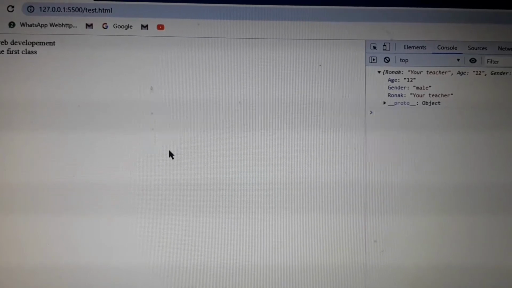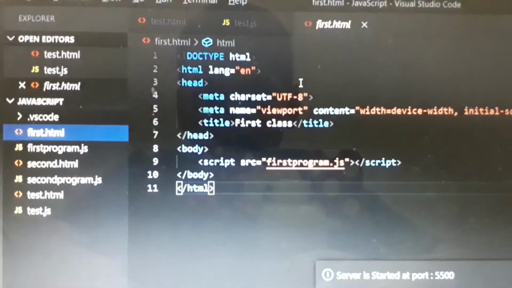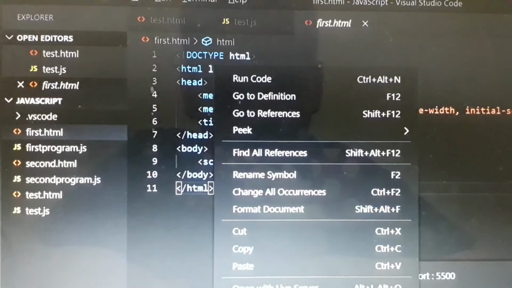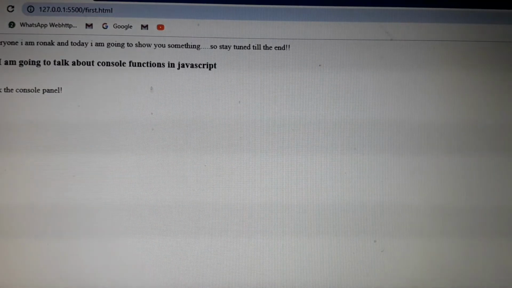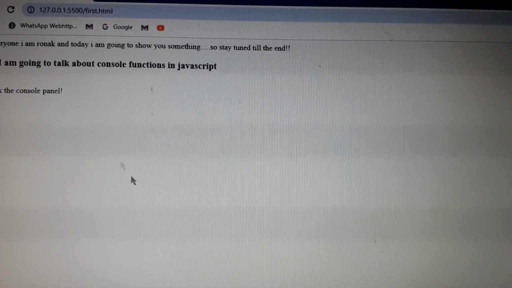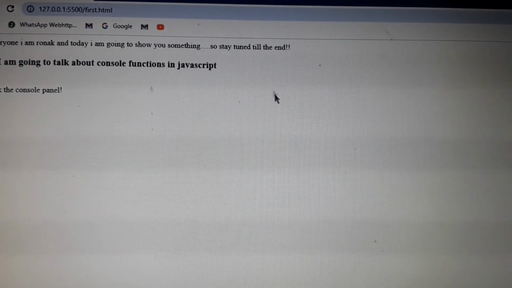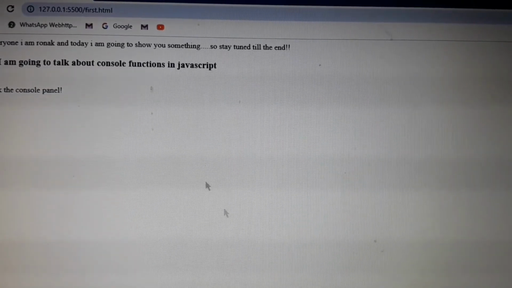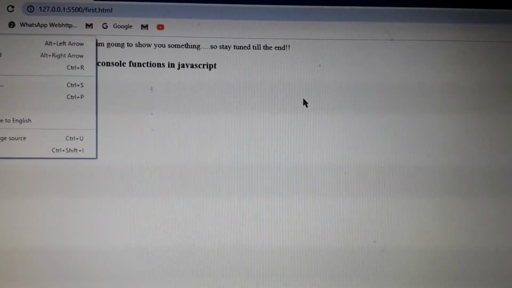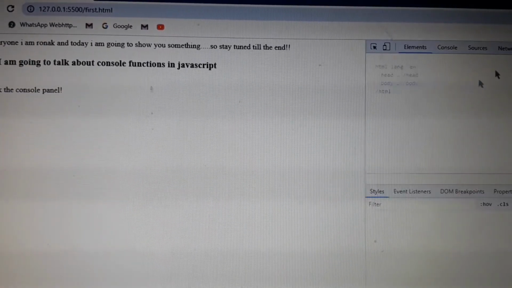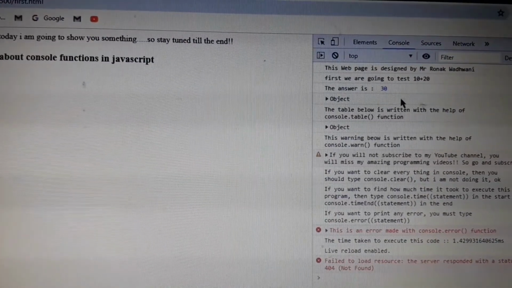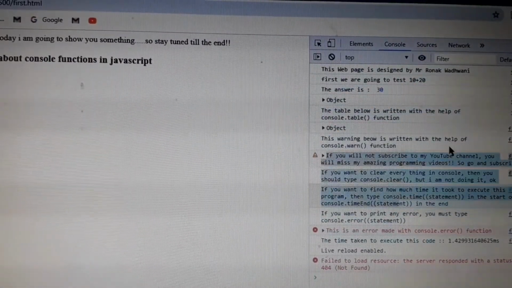Okay, so this was HTML, and I'll show you mine even. I'm going to open first .html, this I'll open with Live Server. I'm going to show you what we are going to do. This is very basic JavaScript. I'm also done with basic JavaScript, but I'll teach you how to make color, how to give videos in here and everything. So here also you can check in the inspect console.